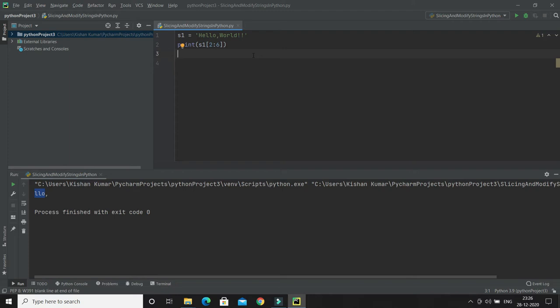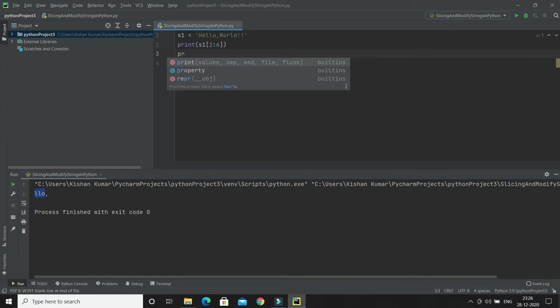Now how can we slice from the start? By leaving out the start index, the range will start at the first character. So let's say I would like to get the characters from the start to position number 5, and 5 is exclusive, not inclusive. Then how can we write it?